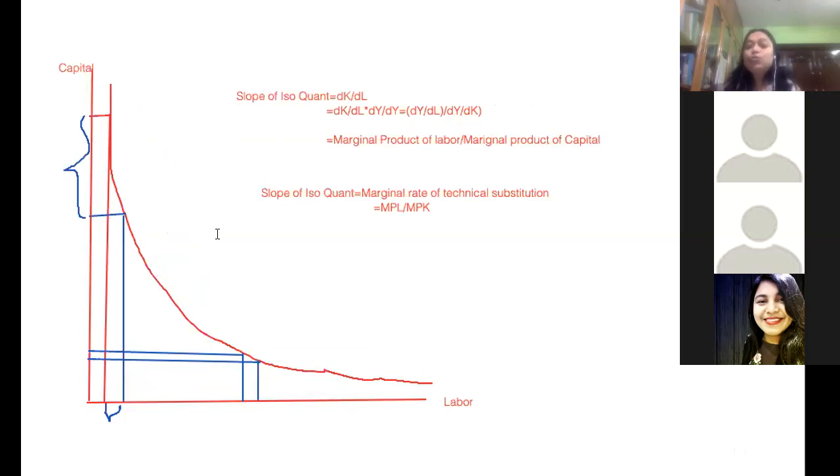What does my iso-quant curve tell me? The iso-quant curve tells us that different amounts of labor and capital generate the same level of output Q0, right? So you can employ various combinations of labor and capital, but along one iso-quant curve, the output remains the same. You are employing various combinations of capital and labor generating the same level of output.